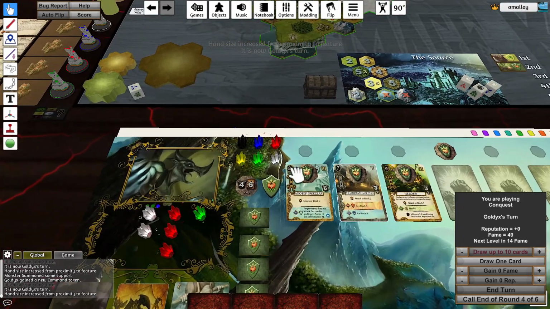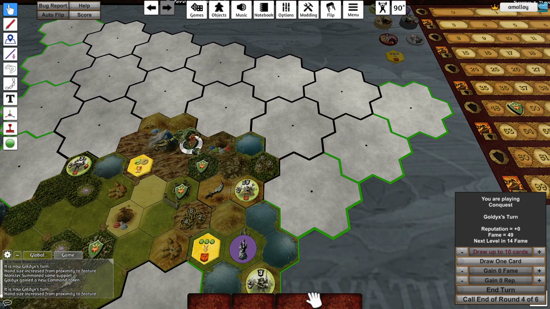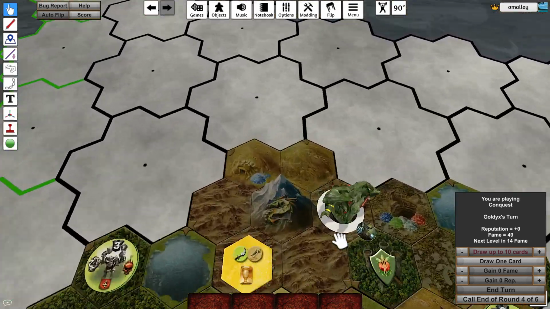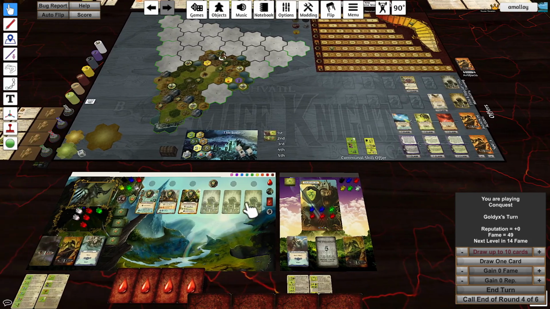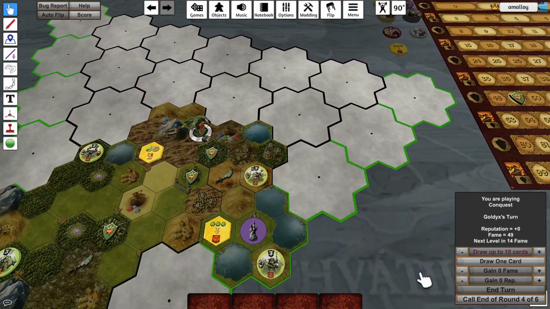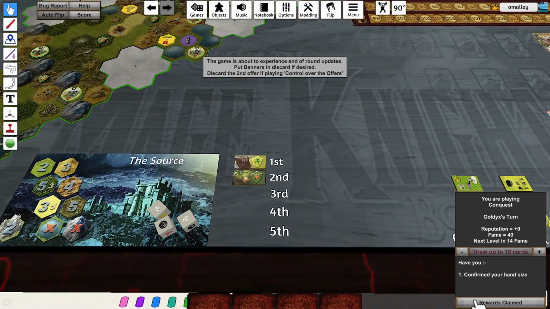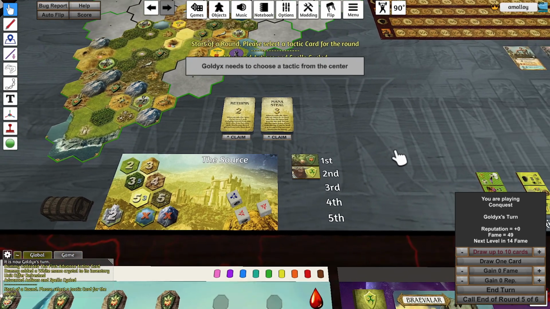Alright, and there's nothing I can legally do this turn except... Well, I could rest. No, I can't. I could... It doesn't matter. I might as well call end of round. I could wait for Dummy to do it, but there's no benefit to waiting, so I won't. I have space to hire more units. Yep. Okay, there go the night tactics, and in the next video,